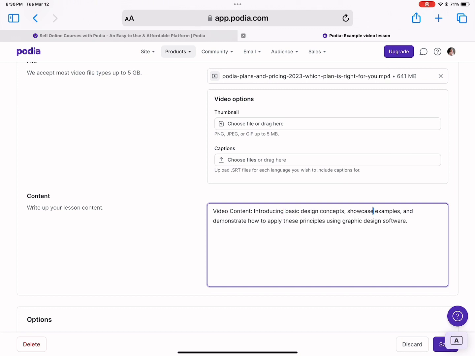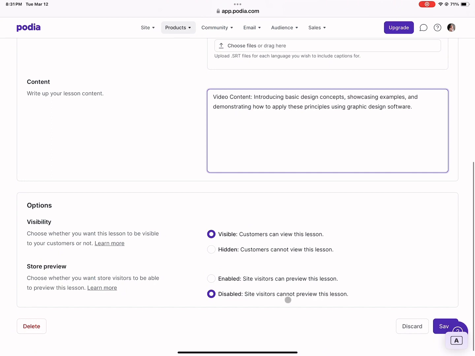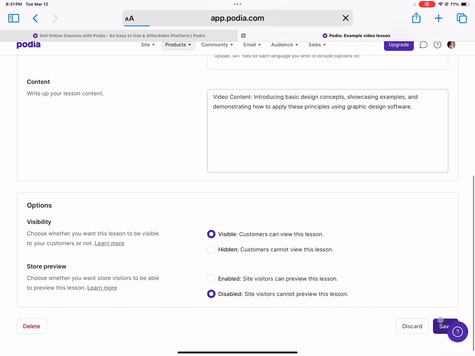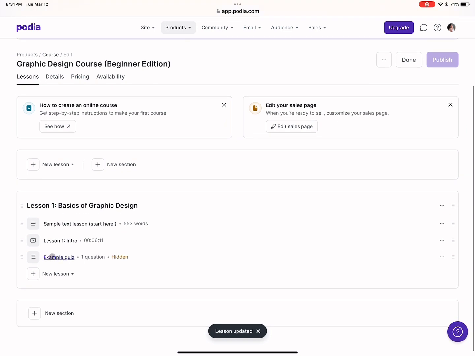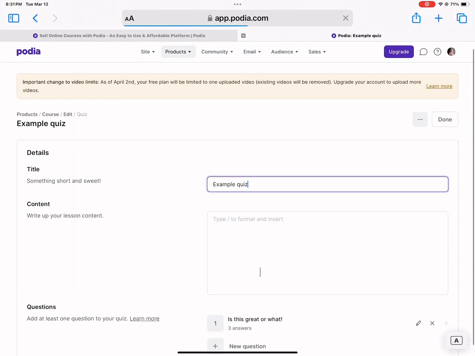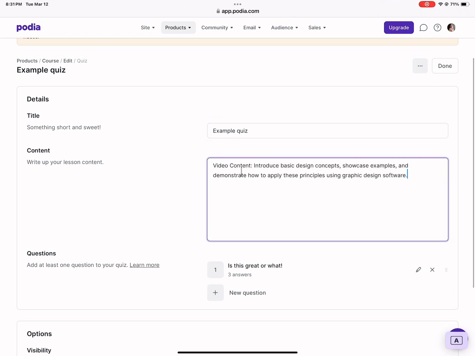Just like that, we have the content title or content description written in no time. Now, obviously, if you're creating your own course, you'd want to spend more time, but just for the purposes of today's video, I'm just copying, pasting what I think would work, just to give you an idea of how to create your own.